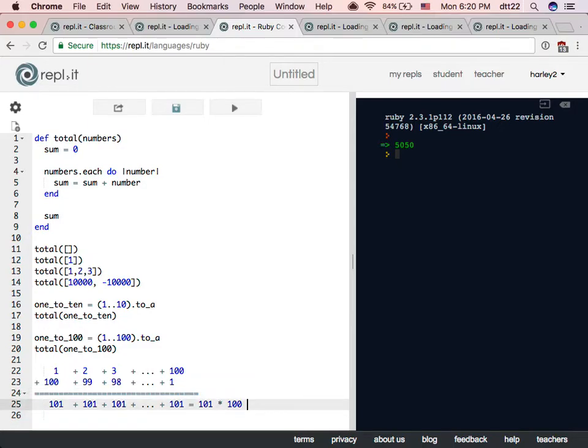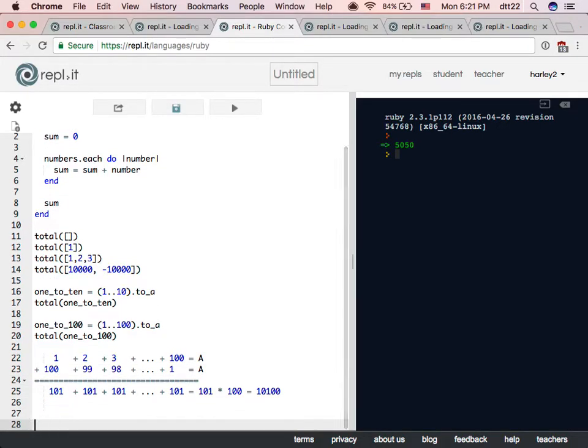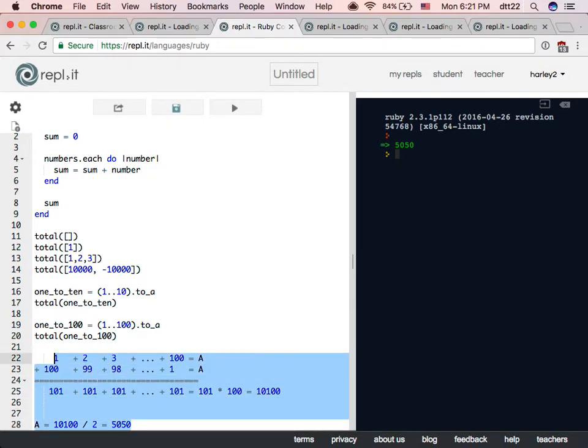So this is 10100. But this is A. This is also A, right? So A equals divided by 2, which is 5050. So that is how we learn by doing math by hand.